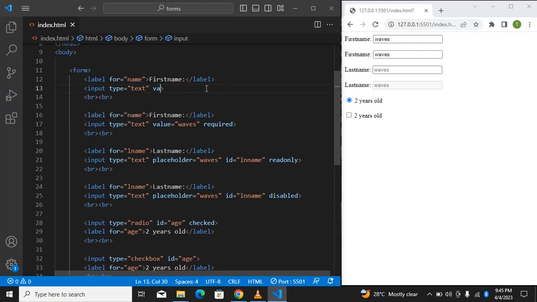Okay, let's just make this a simple input text. You see, this is a normal input text where you can type in anything. This has a value of waves already, and you have to erase it out. And this